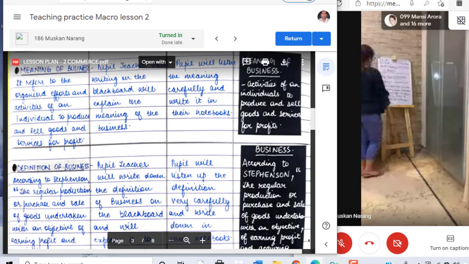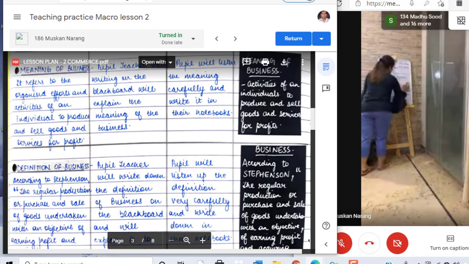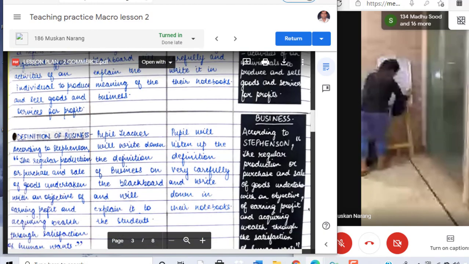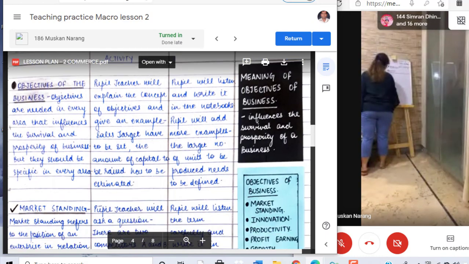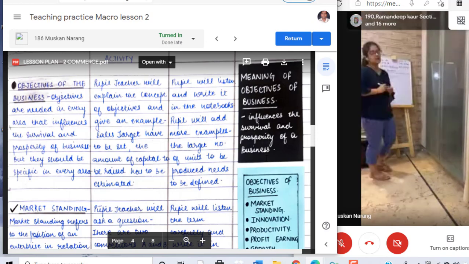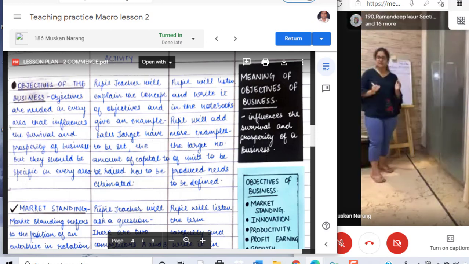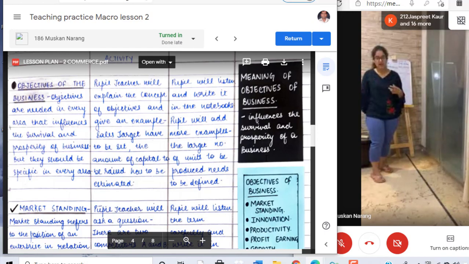Next, we have the main topic of today, that is objectives of business. It depends upon business to business what sort of objectives they are setting up. But some of the objectives are mandatory, which are general in nature, and every business entity, every organization needs to fulfill and follow them. And then only can they achieve their targets, their vision statements, their mission statements at the right time.